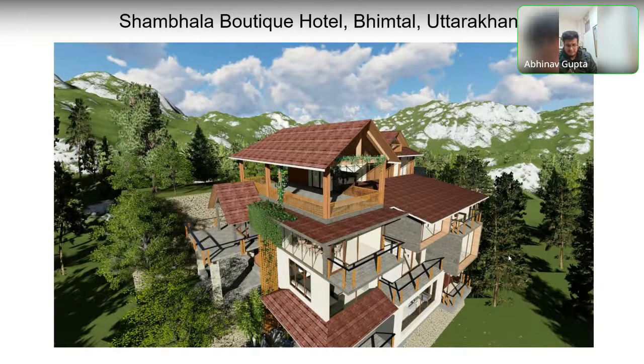Now, this is again a project that I was working on, and a very good part about it was that it is bang on inside the hills. There's a lake right in front of it, so it really fulfills a lot of dream biophilic ideas for me. But something that I realized in the hills was that while it is very serene, there's a lake in front of it, etc.